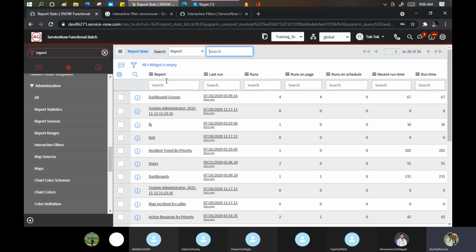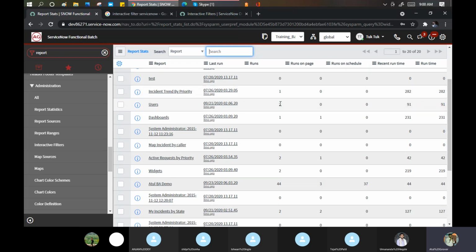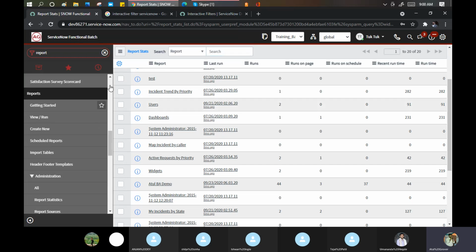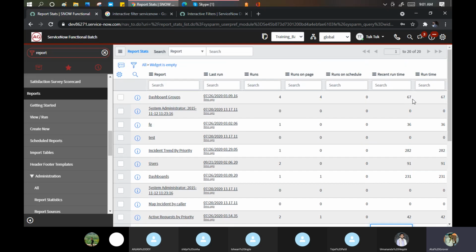This tells me which report ran last, how many times it has been run, on the pages it has been done, is it scheduled, what the recent run time was and what the actual run time is. So by this you can see which report is taking a lot of time. And believe me, when we schedule any report, admin guys see this thing in place. Like see, you can see 219, 231, 282. These are milliseconds actually, right? But if these were minutes, then it's more than 4 hours, 5 hours. Then definitely you will not prefer to go for these things. Let me sort on the recent runtime as ascending.